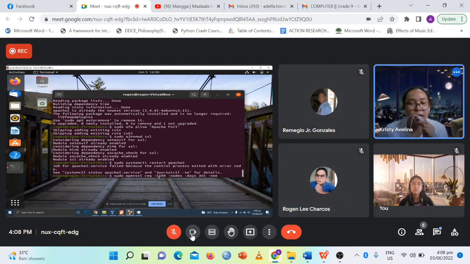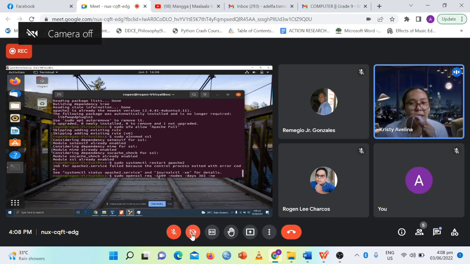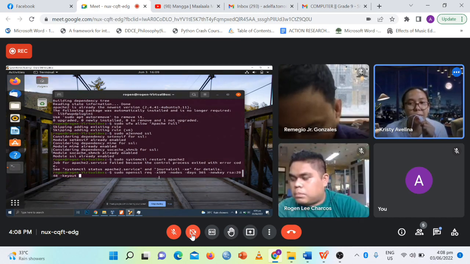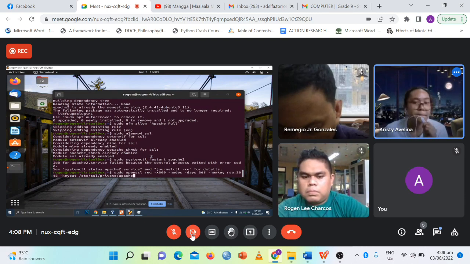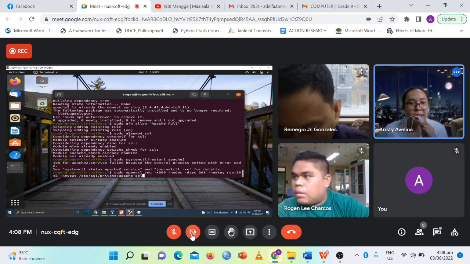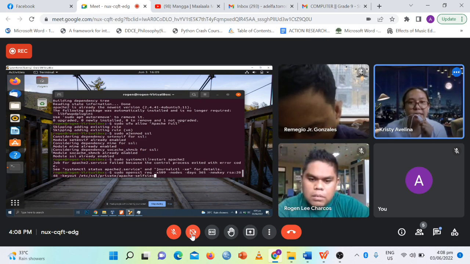And then -nodes -days 365 -newkey rsa:2048 -keyout /etc/ssl/private/apache-selfsigned.key